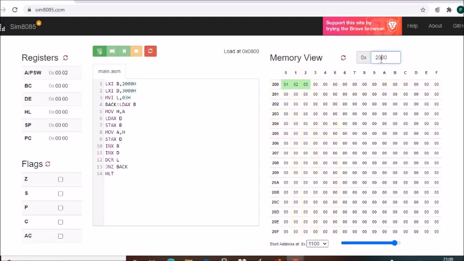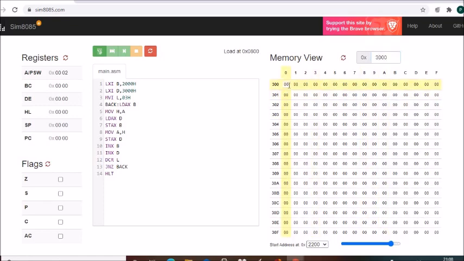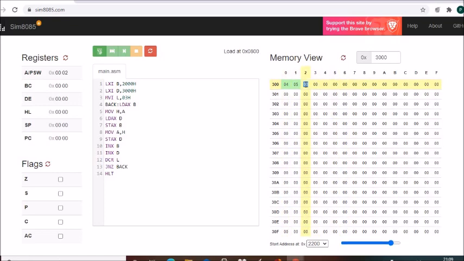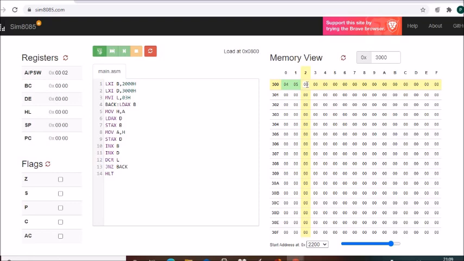Then go to location 3000, because I have to load the data in 3000 also since it will be exchanged. Now here I will load 04, in 3001 I load 05, and 3002 will be loaded with 06.